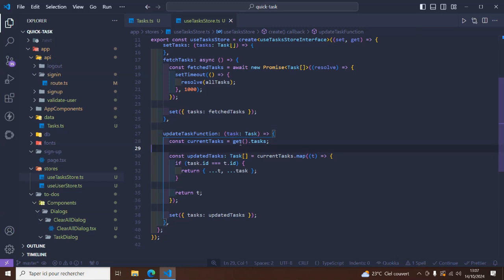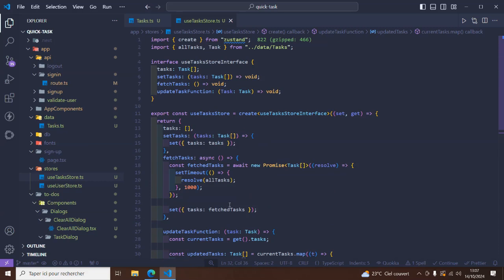So that's why we're using get here. And then we're going to update our tasks like this. So after creating all of these functions inside Zustand, then we can call them wherever we want in our application. So after that, what we're going to do, we're going to go to the